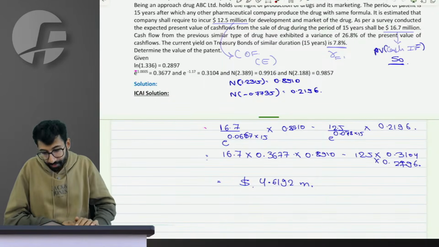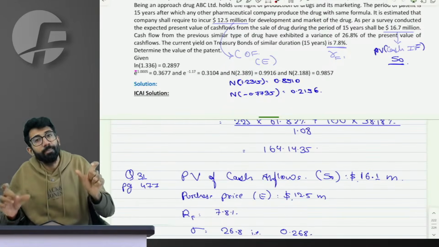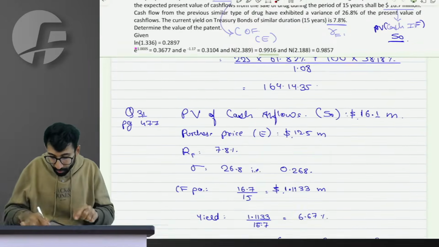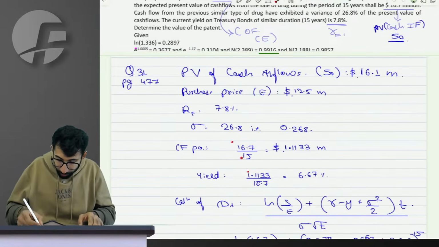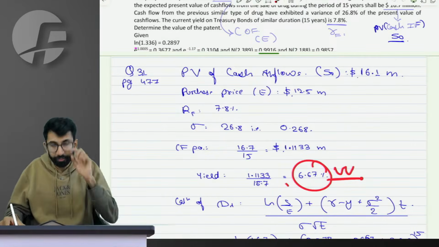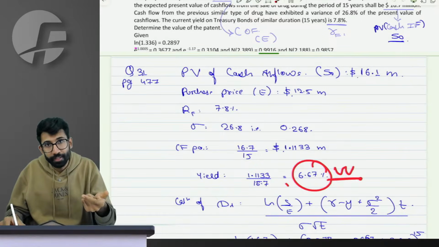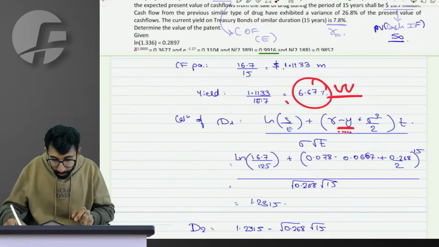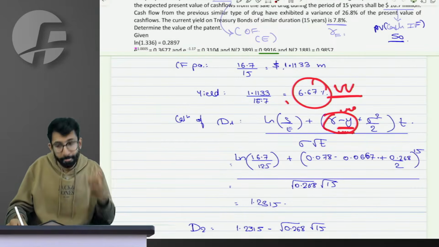Yes, yes, yes. People, are you all able to understand? It is applying the Black-Scholes formula with minor modifications. What are the modifications? Modification number 1. You have to calculate the yield for the purpose of formula, for the purpose of D1, calling it the dividend yield. Modification number 2, that yield is to be deducted from the rate. So R minus Y is the formula you will have to apply.